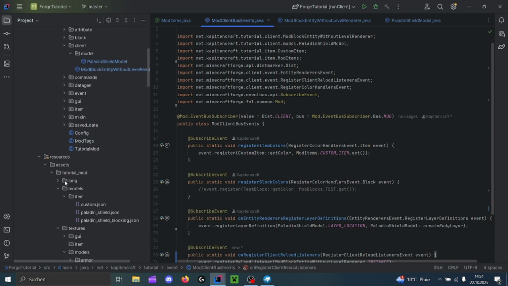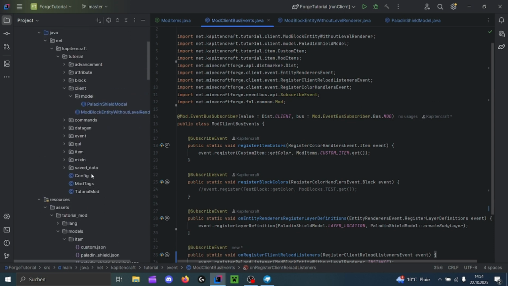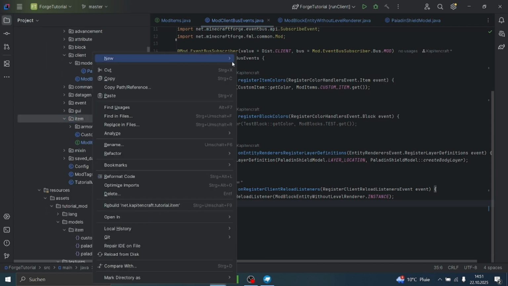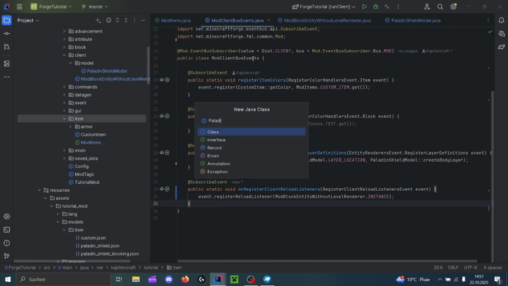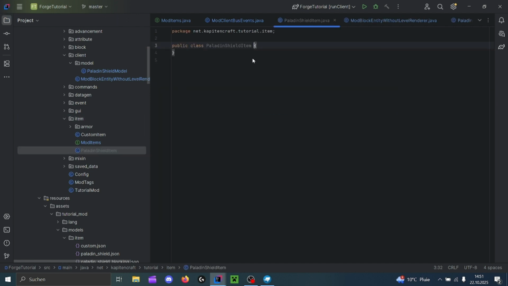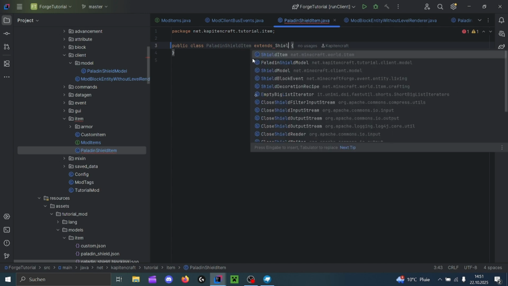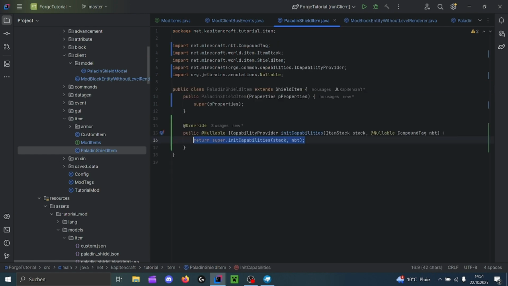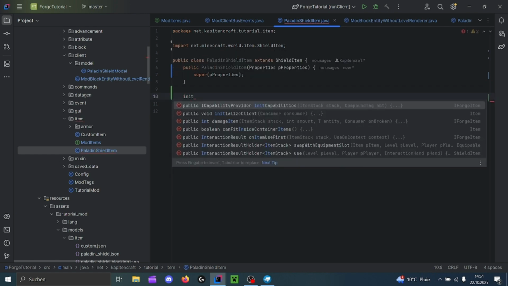Next, what we want to do is get a new item for the shield. This means we go Paladin Shield Item. That should extend the ShieldItem class and override the initializeClient method,